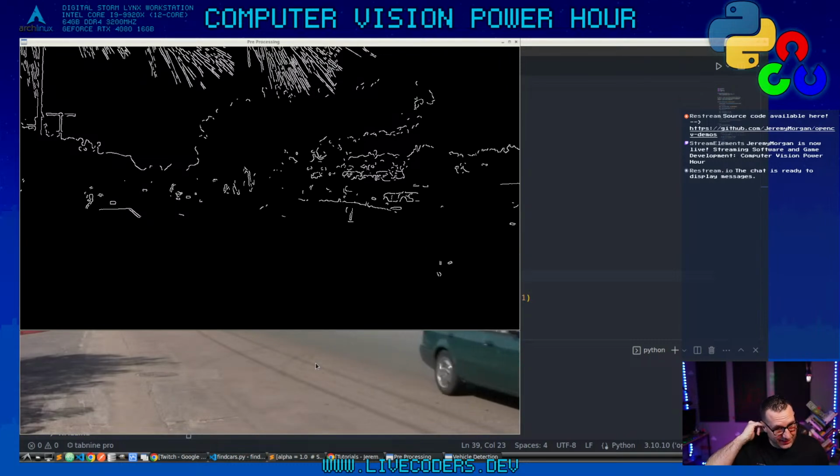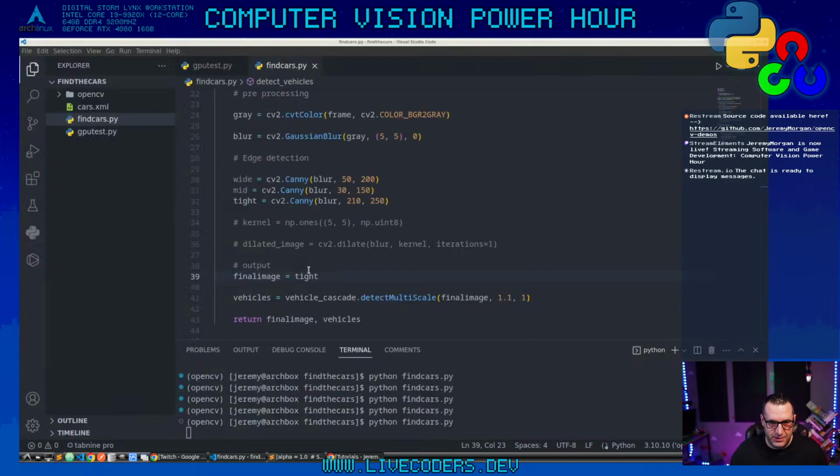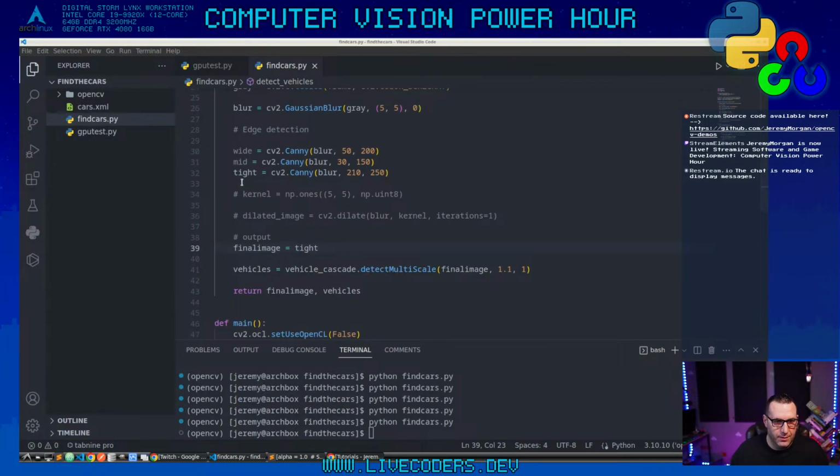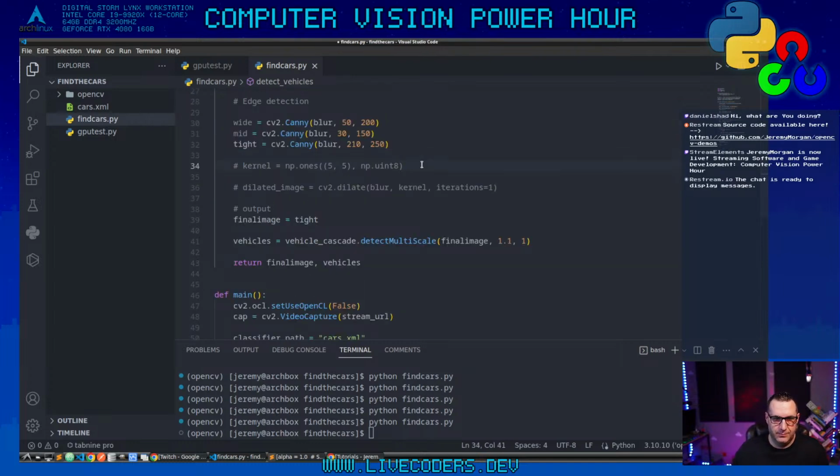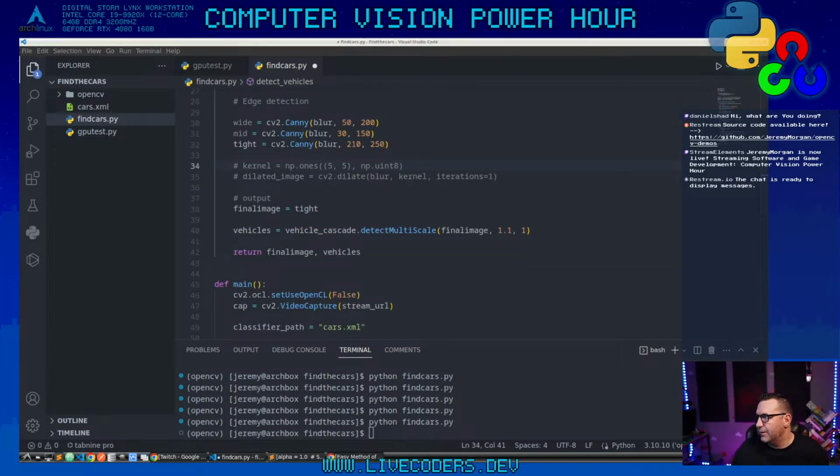Yeah, so this definitely isn't going to work. That edge detection is out of control. So we'll keep our edge detection handy, but probably not going to work too well. Let's try something else. There was another method that I saw a while ago,